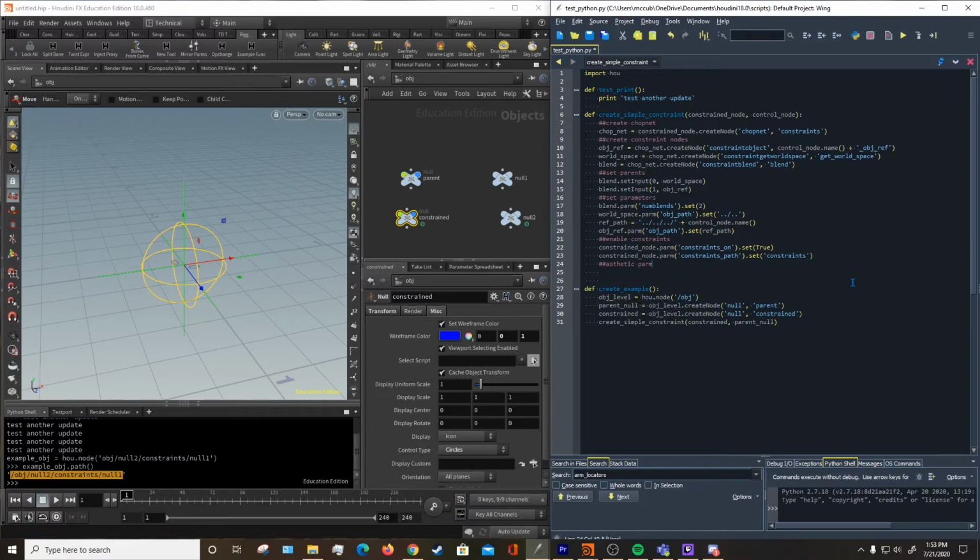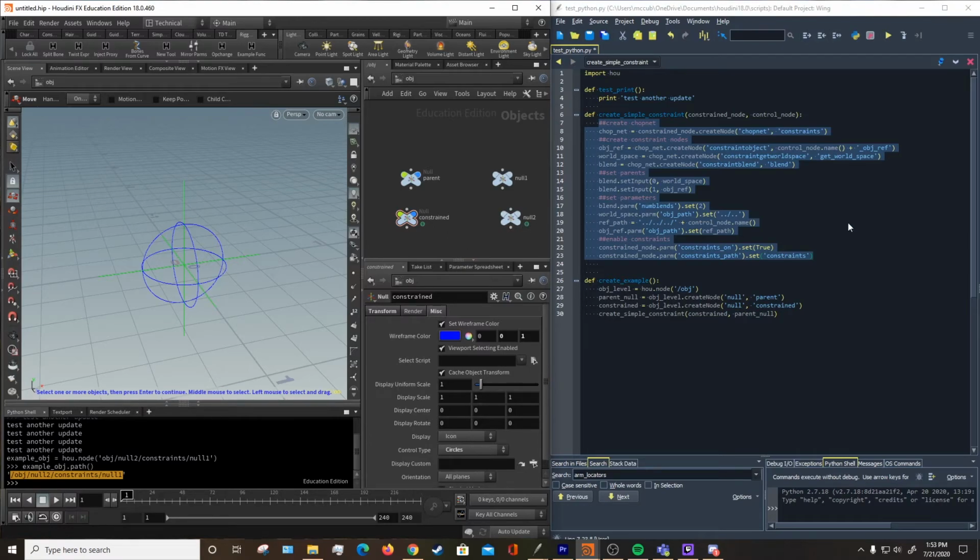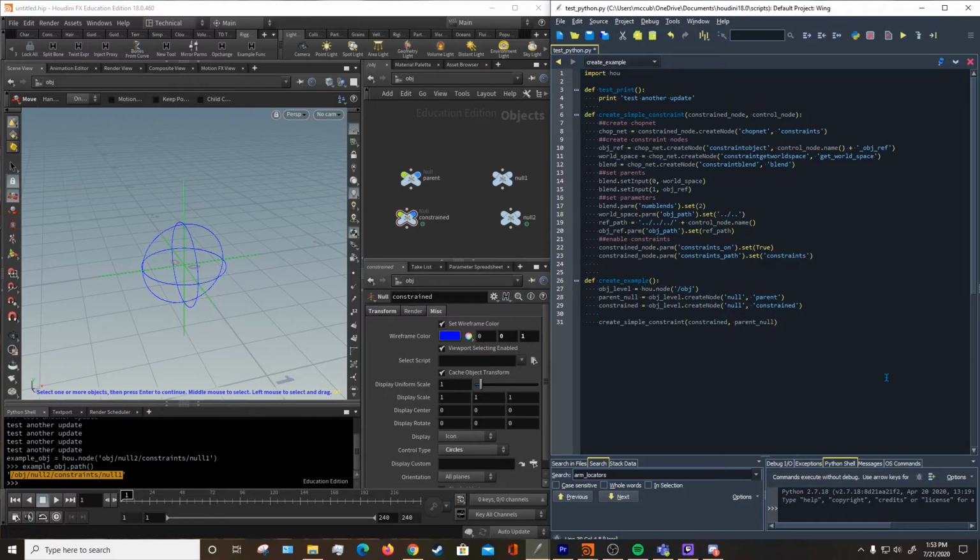Rather, this probably shouldn't be done here. You'd want to set it up not as the constraints, because you don't want to affect the constraint nodes every single time, and you don't know if you're going to have nulls in here. You'd want to do that before you enable the constraints. So let's do that here. Let's take our constrained